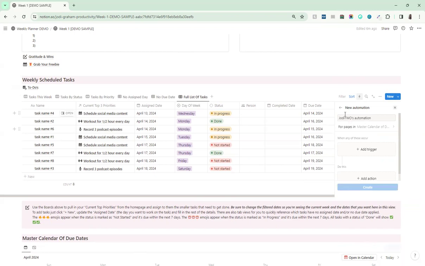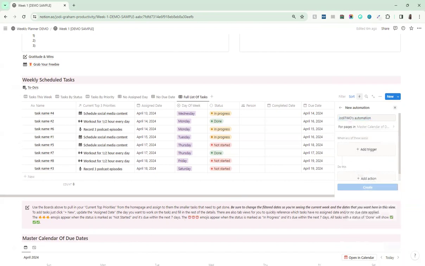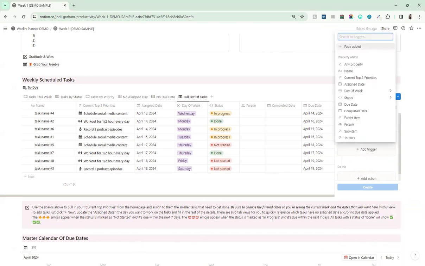So you can name the automation here to whatever you want, and you can set up multiple automations, as many as you want, to trigger one thing or multiple things at once. You can choose the database that you want this automation to apply to. When I click on this, it's applied to this whole database, but you can choose any of the views. As you see, I've got multiple views and tabs here, so you can choose which one to apply the automation to. And the first thing you do is click on add a trigger,